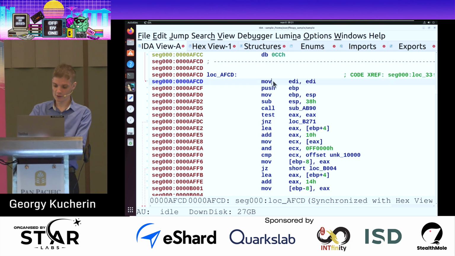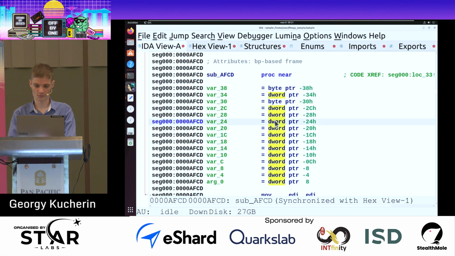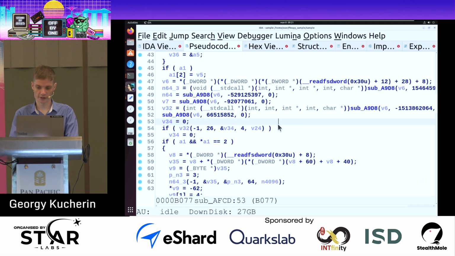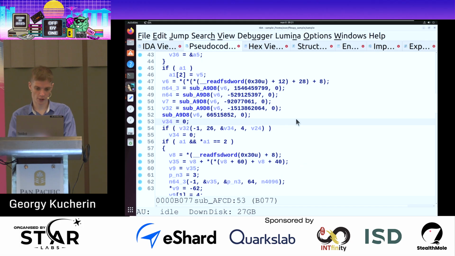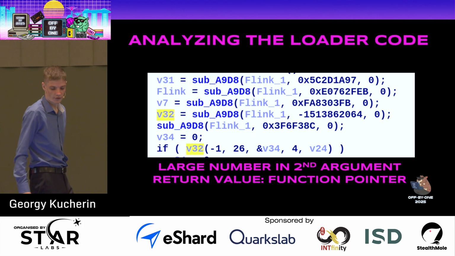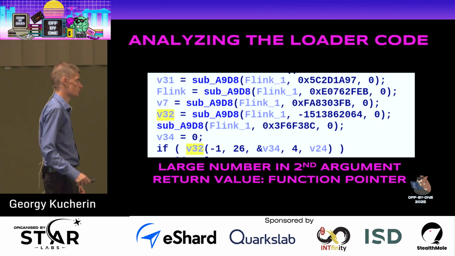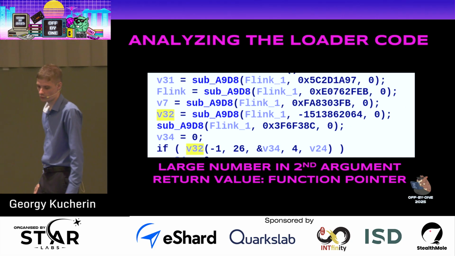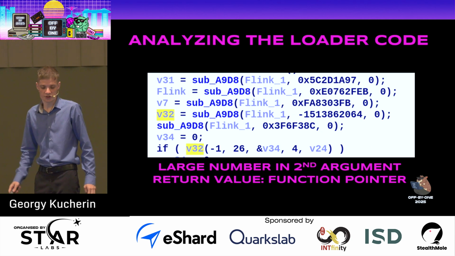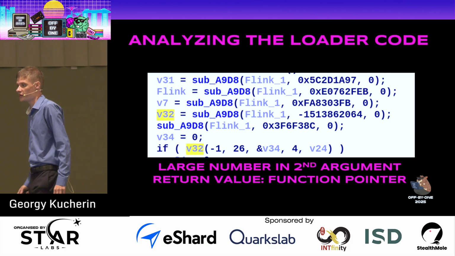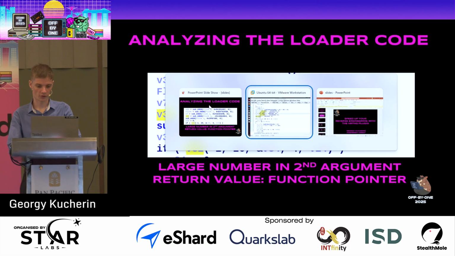So we define this code as a function. And let's look at what happens inside it. If we scroll down through the code, we see this function A9D8. And let's look at it more attentively. We see that its second argument contains a large number. And if we pay attention to its return value, we see that it's a function pointer because, well, we see the v32 variable used to call a function. Now, if we look at what's happening inside this function,